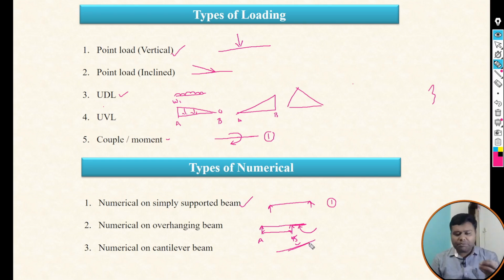Okay, so such types of numericals we are also planning to upload for the shear force and bending moment diagram. The next one is the cantilever beam. Okay, numerical on the cantilever beam. We know the concept of cantilever beam: one end is fixed and another end is free. So these types of numerical we are planning to cover to calculate the shear force and bending moment